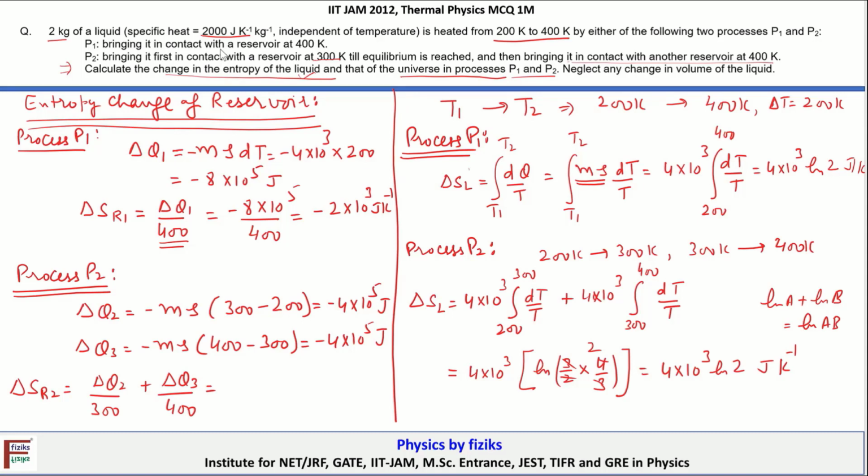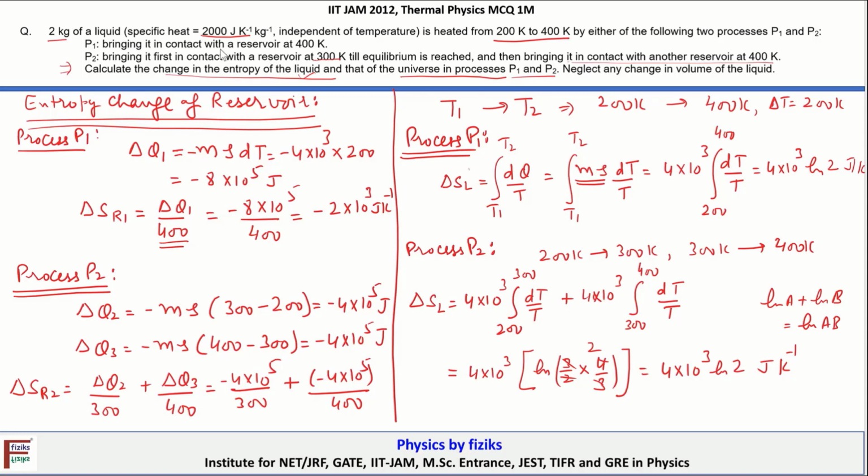After substituting the values, that is minus 4 into 10 power 5 upon 300 plus minus 4 into 10 power 5 divided by 400,